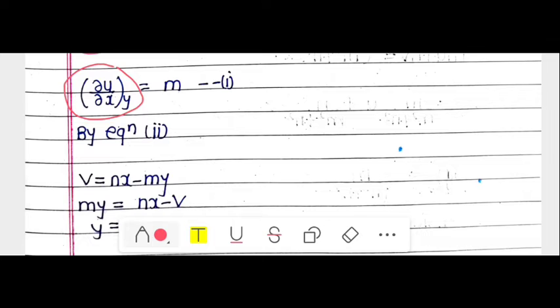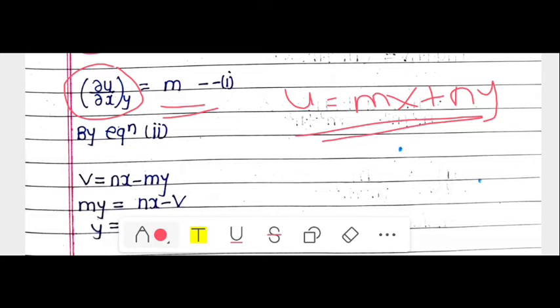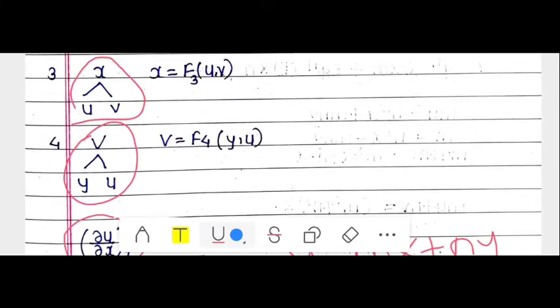So the partial derivative of u with respect to x treating y as a constant is equal to m. We are already given u is equal to mx plus ny. So we easily differentiate u partially with respect to x by treating y as a constant. So next, to find the next derivative, we require